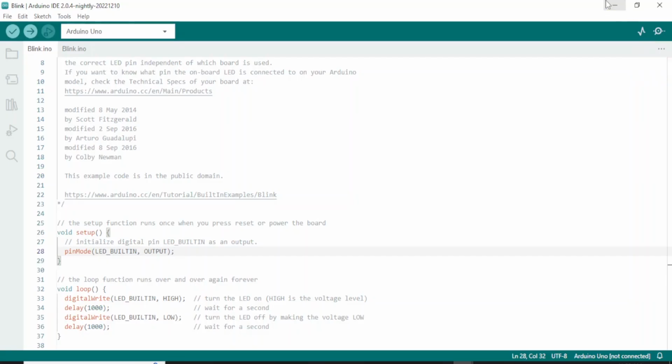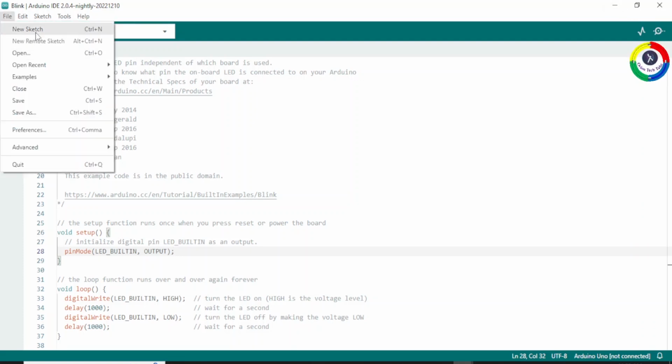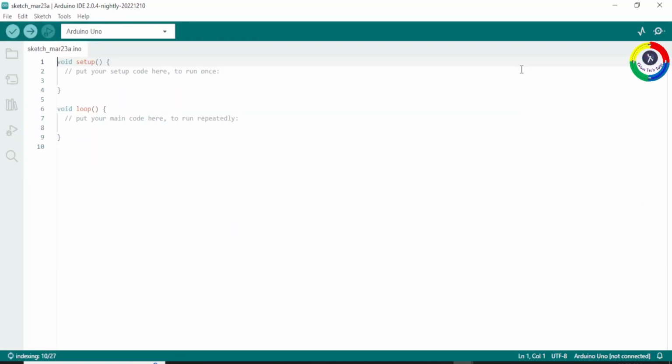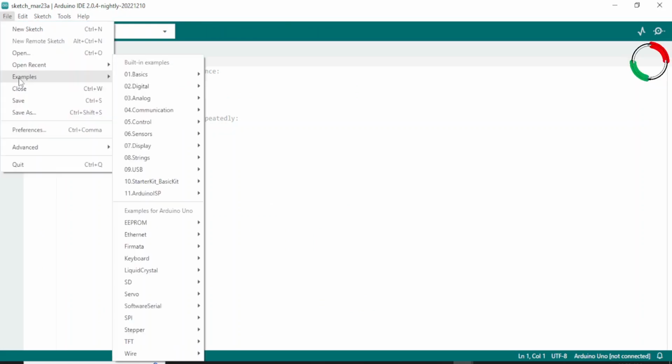Here in Arduino IDE, you can create a new program by just clicking the file menu and clicking new sketch. But also Arduino IDE has a lot of examples already made for various illustrative tasks. To find the one that resembles our task, just go to file and go to examples. Then you can browse any of those examples there. For example, the 01 Basics: AnalogReadSerial, BareMinimum, Blink for LED blinking, for various tasks. For example, for LCD display, just go to LiquidCrystal and then click one of them and edit the code